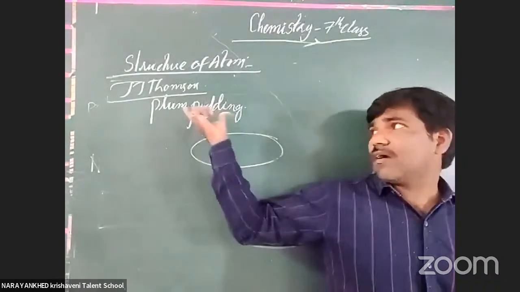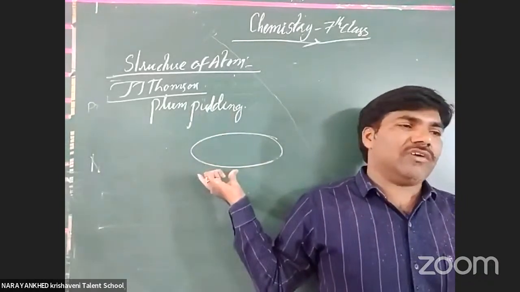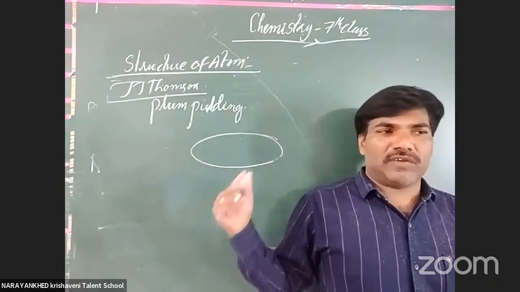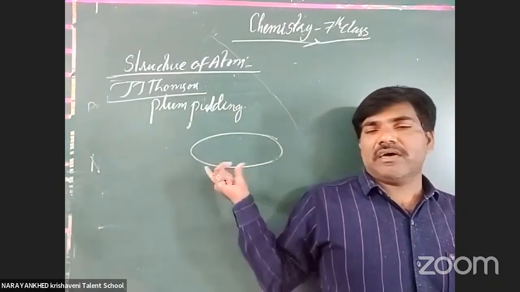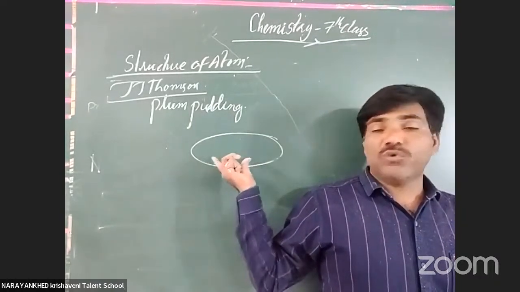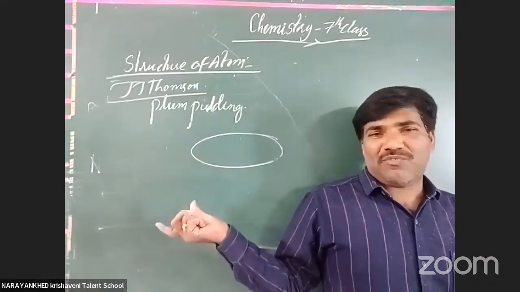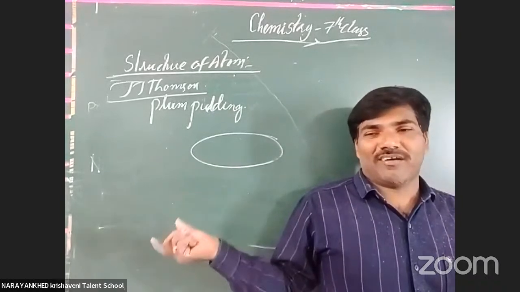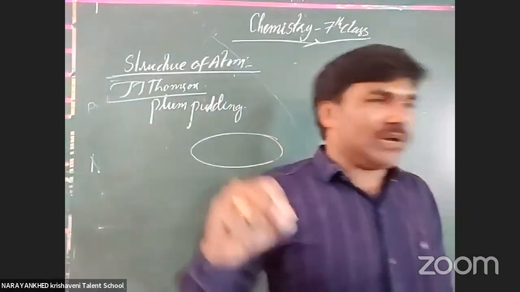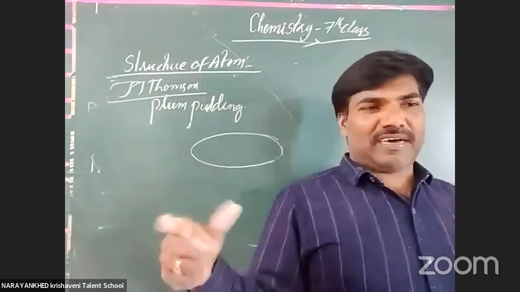But according to J.J. Thomson, it is a plum pudding model and it is elliptical in nature and has 2 charges only. One is positive, another one is negative. And there it will contain what? Yes, the juice as positive, the seeds as negative. Yes, but this J.J. Thomson model is wrong. Okay, now why is it wrong? When you connect positive and negative charged particles, it will become neutral. The juice and seeds are combined together.